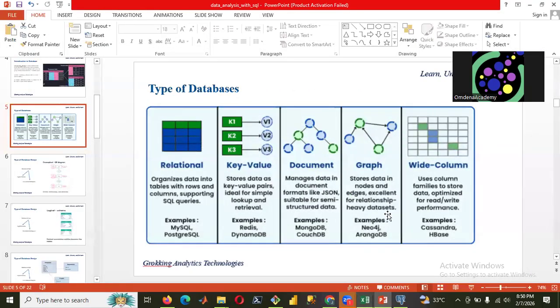So we also have the graph. What the graph basically does is that it has nodes and edges. It is used to track relationships. When you have, for those of us on social media, I'm not on social media except WhatsApp. For those of you on social media, when